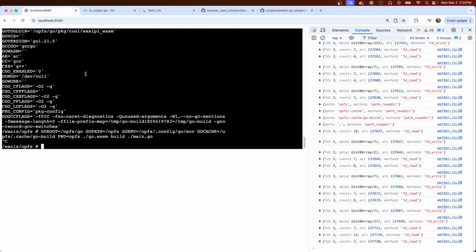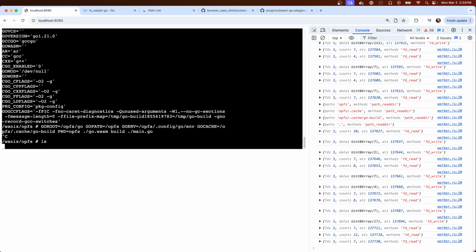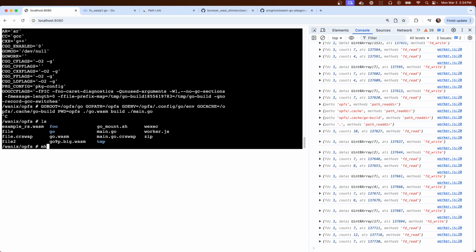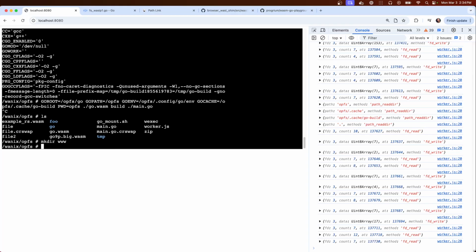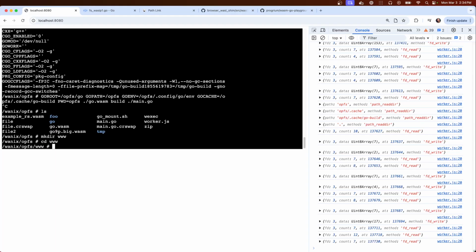I haven't used an iframe in a while, or used the DOM stuff. So how does this work? You want to make a directory with an index.html.